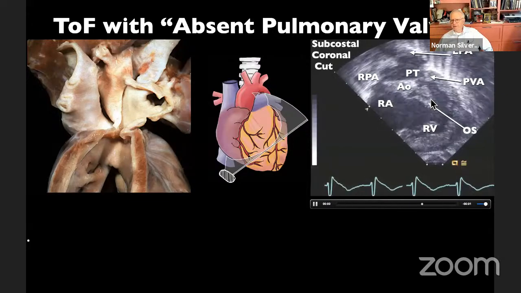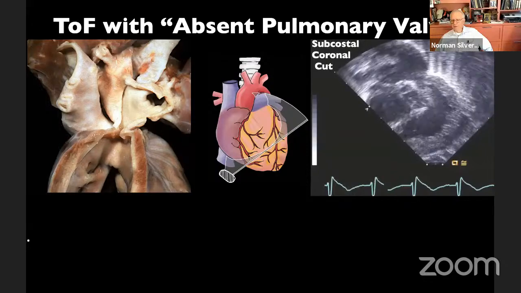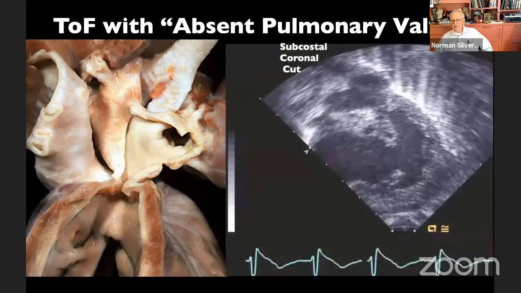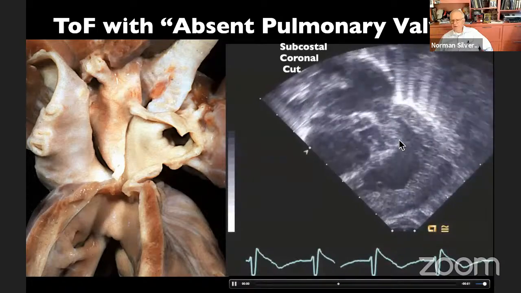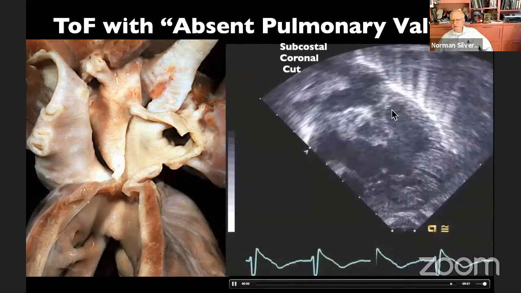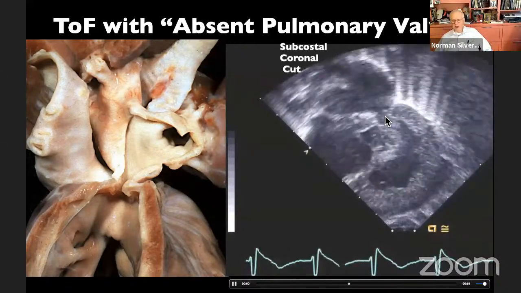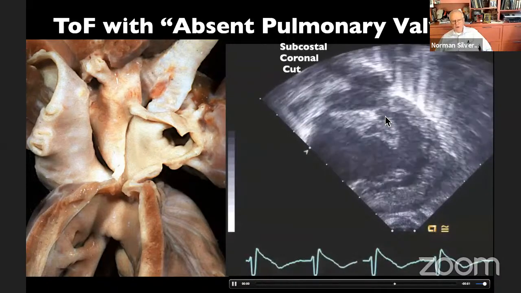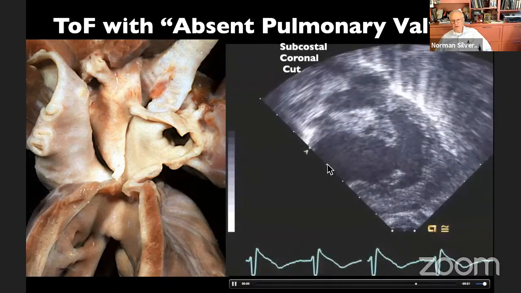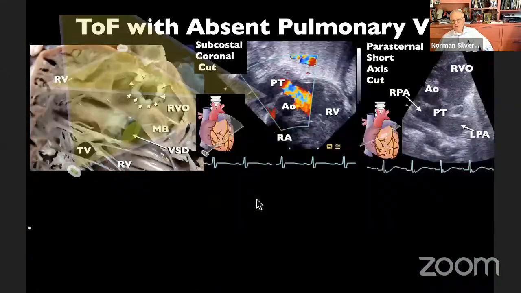Here's the outlet septum, a good old friend. And we'll zoom in on that for a moment to let you have a look at that. There's the outlet septum once again. Here's the interventricular communication. And there's the ridge, and you can see that there is valve or tissue here. So to call it absent pulmonary valve is wrong. It's really absent formation. And again, another misnomer that has confused people for generations.